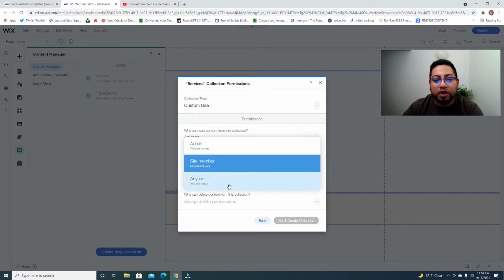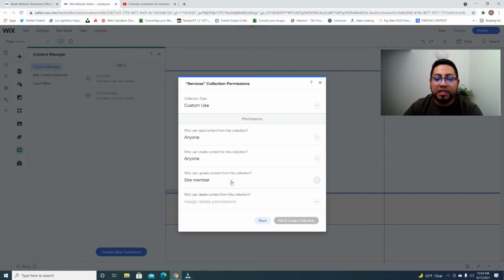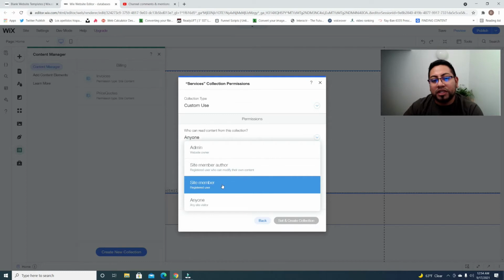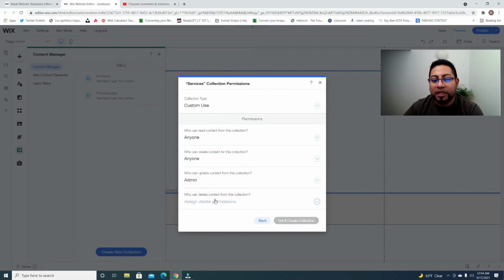Okay, so in this case, we're just going to leave it as anyone. Here, we're also going to leave it as anyone. And who can update this content? I'm going to put only the admin. And then who can delete the content? Only the admin. So I can leave it like that. So once I click set and create collection,